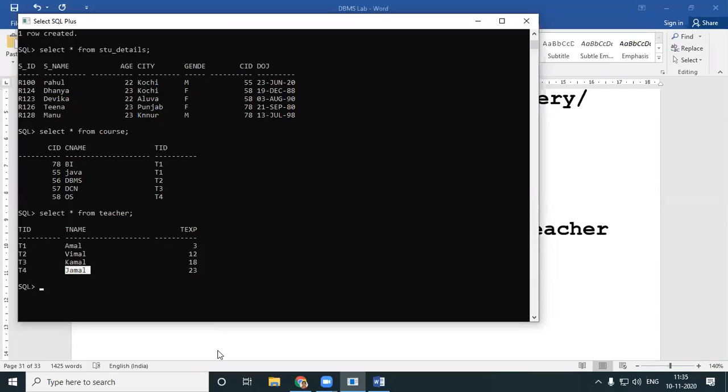So let's see how we write the query of this particular question. Who teaches Dhanya? Or let's say, we'll go very simple. We'll go for two queries first. Let's find out who teaches Java. So before we work into the query, have in mind who teaches Java. Do a calculation and then find out who teaches Java. I assume you do have the answer in mind.